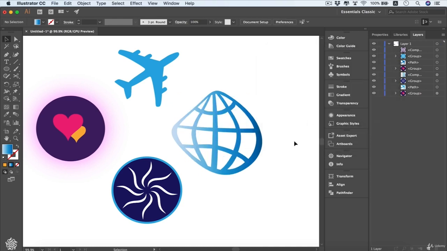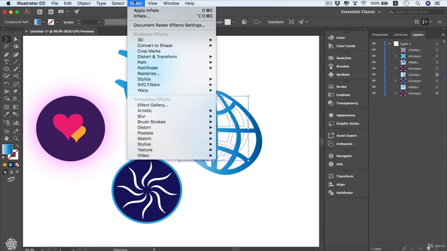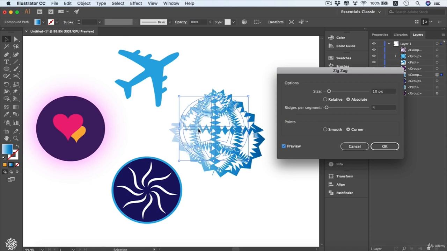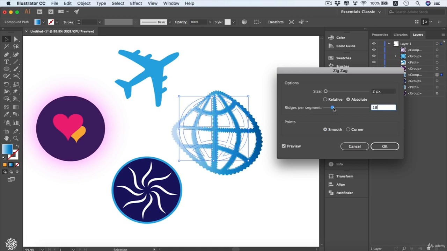And even you can be applying more than an effect to your shape by selecting that shape again and going to our effects panel, and then going to distort and transform and choosing zigzag and choosing to preview that, and you will be having your shape transformed into zigzag lines like that. You can be controlling the size of them, maybe less like that, or even maybe 2 pixels. And you can be controlling points and instead of corner, making them smooth to have smoother curves like these ones. And you can be changing your edges from here as well,